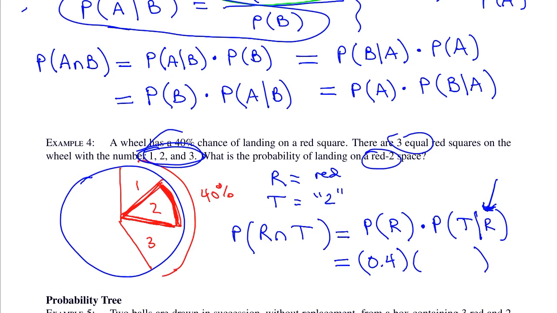This piece right here says you are in the red, period. So you ignore this piece of the wheel. So now this is the only part of the wheel you can consider. What's the probability of landing on a 2 if you can only look at this part? 1/3. Yeah, 1/3. These are 3 equal spaces. So knowing that you're in this red part alone, you ignore the rest of this, and this is 1/3, 1/3, 1/3. So the probability of landing on the 2 is